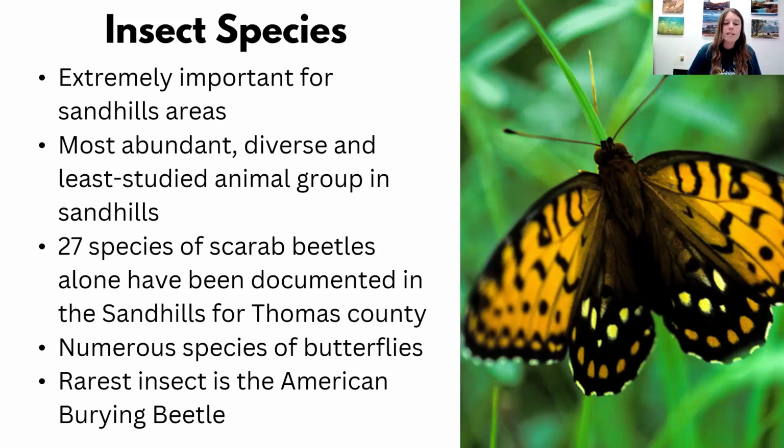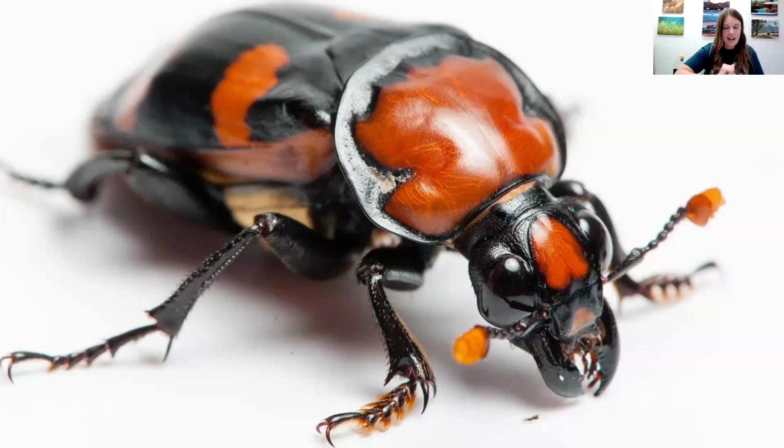There's also the rarest insect, one of the rarest insects in the Sandhills at least, the American burying beetle. It is one of the last known strongholds for this species here in Nebraska. If you remember that map that I showed you, I mentioned the Sandhills, and then there's that weird little ghost shape that's kind of detached from the major portion of the Sandhills. That area is called the Loess Canyons. That's where you find this guy. So this is the American burying beetle.